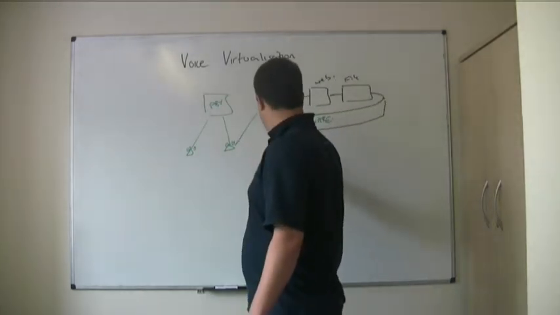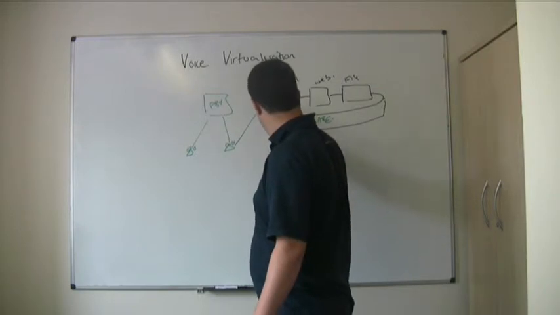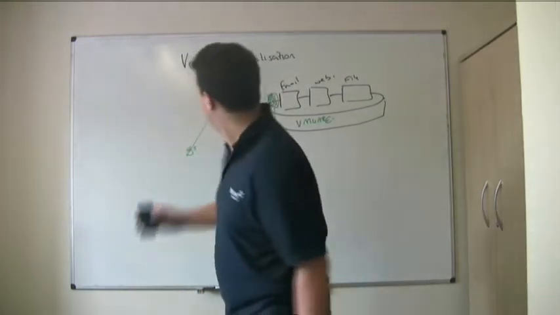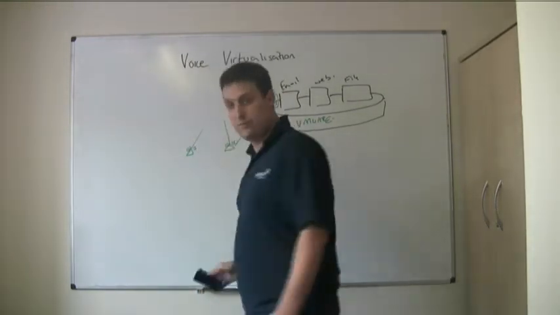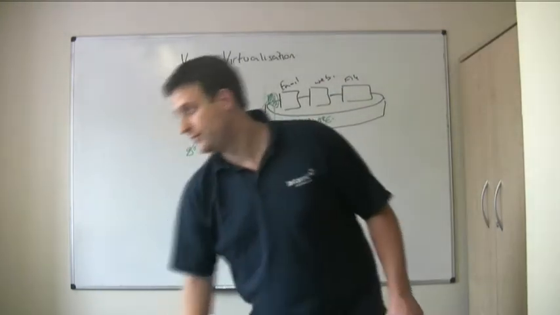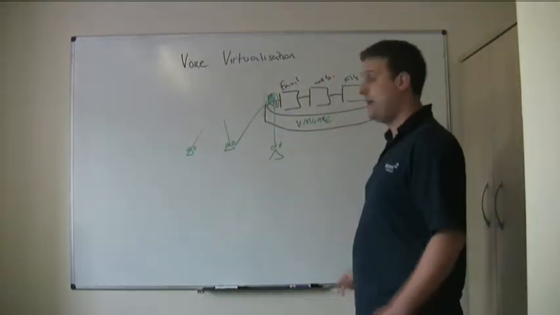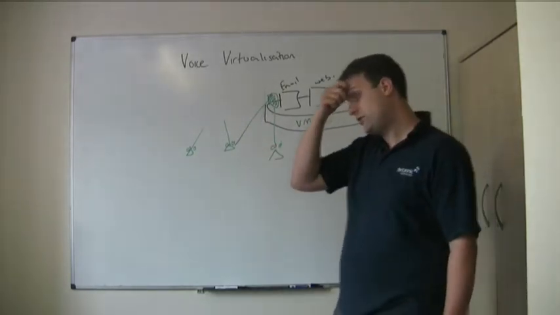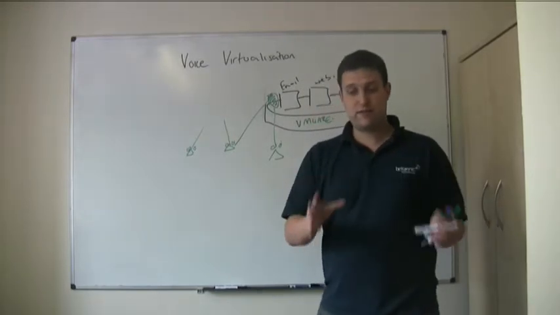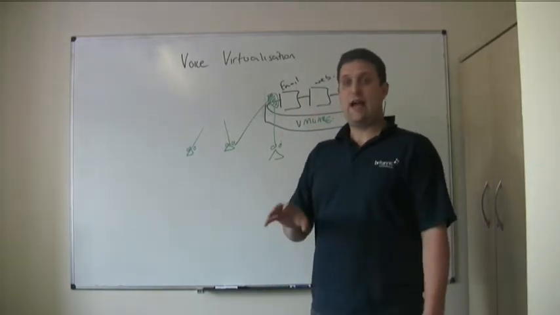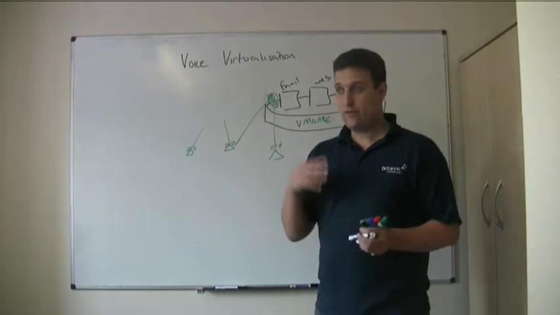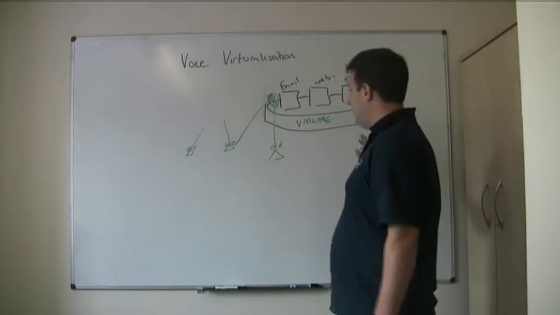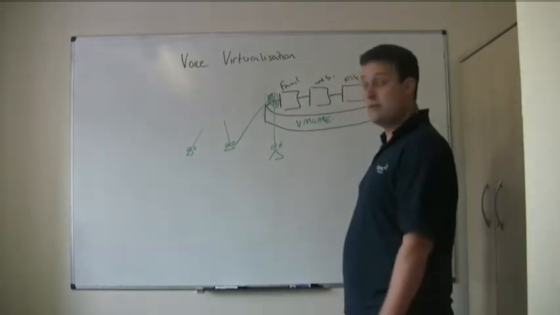So in this environment, your handsets hang off your virtual PBX, and you no longer require your proprietary hardware that's running on site. The advantage of this is that your PBX may be running inside your data center. If you have two data centers for resilience purposes, your PBX can become as resilient as your infrastructure that you're delivering for your email, for your web services. As a result of that, you are able to dynamically move your services around as you need to.